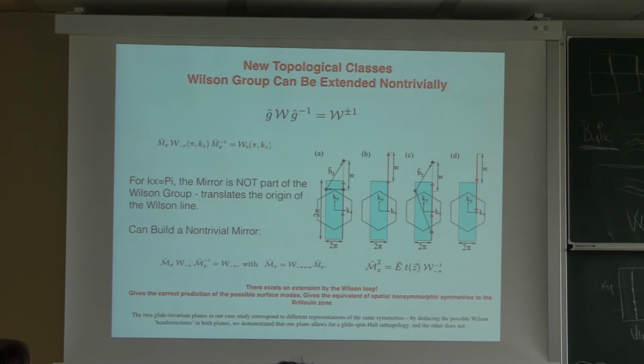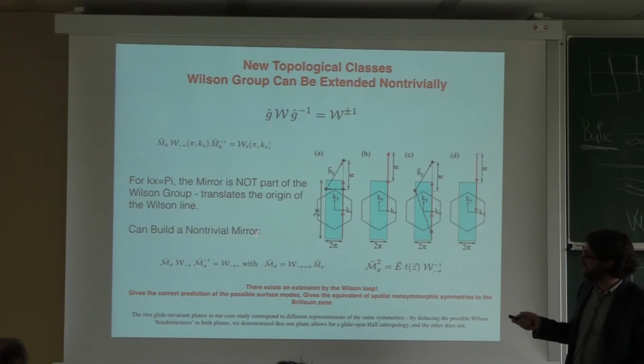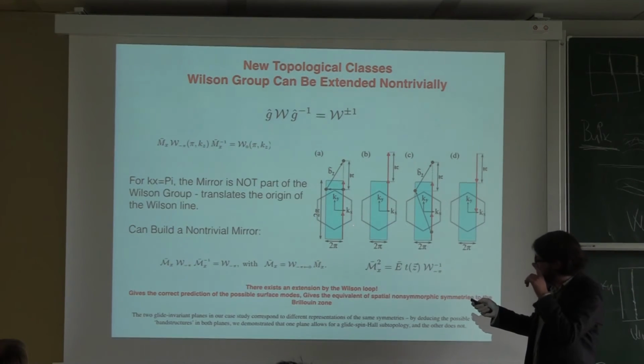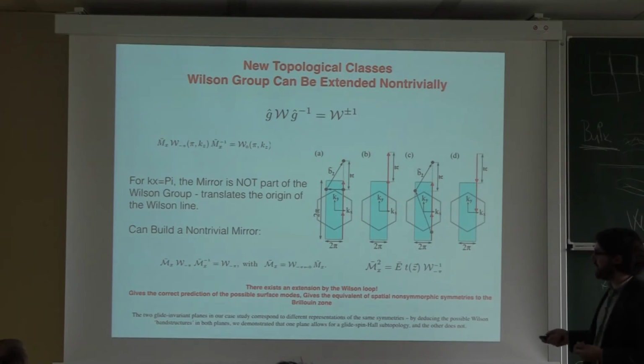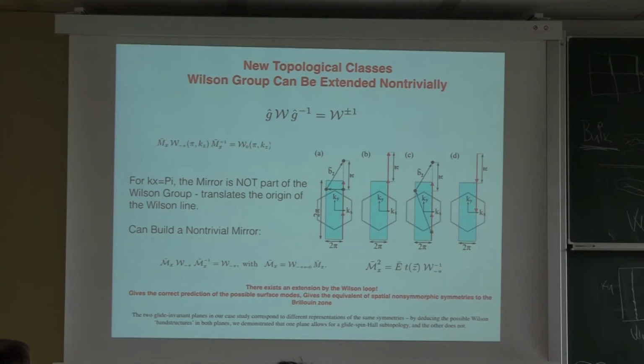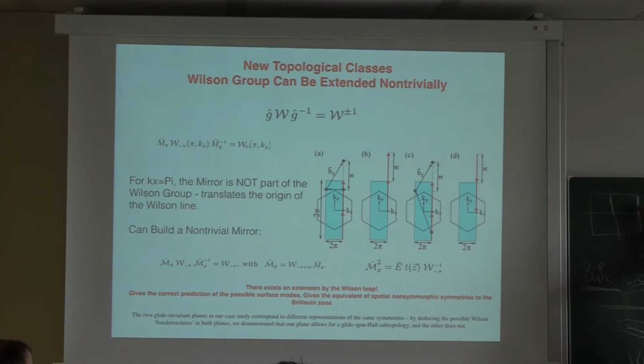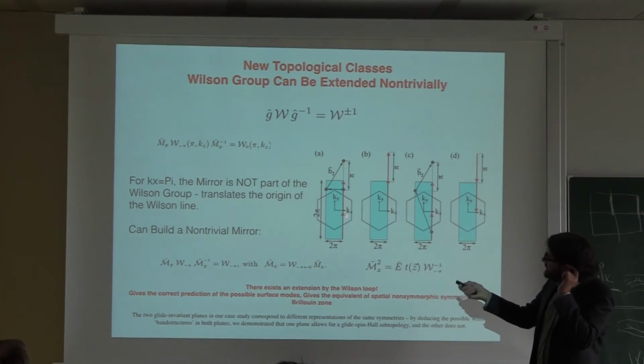So the point is here. If I look at the primitive Brillouin zone of this material, potassium mercury telluride, this is the fundamental thing that shows you that there's a new type of symmetry. You look at the primitive unit cell of this, and you look at kx equals pi. Remember, I was trying to argue that something is different between kx equals pi, where you cannot have quantum spin Hall, and here you can. So I was trying to argue that something is different from here to here. What's different? Look at the primitive unit cell. This is kx equals pi.